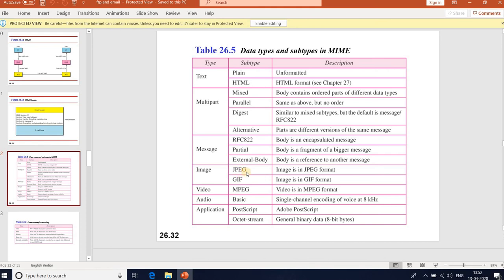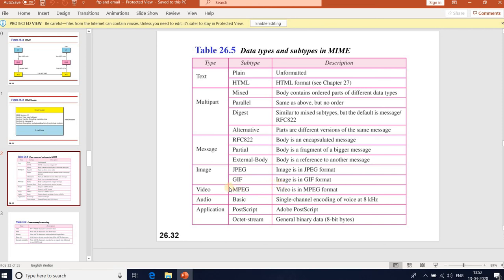The original image is a stationary image, indicating there is no animation. JPEG is generally used for image compression. GIF stands for Graphics Interchange Format. The image is generally in GIF or JPEG format.